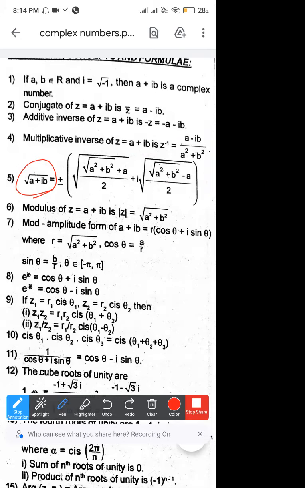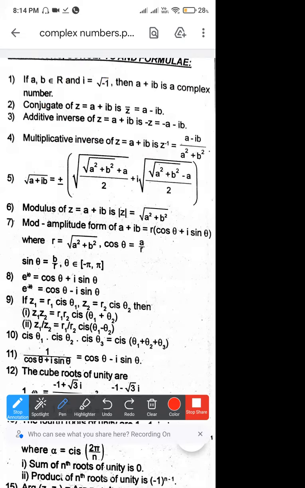Then modulus. We have learned modulus already. What is modulus? Modulus of a negative number will always be positive, right? And modulus of a positive number will also always be positive. Few quantities we can't represent in negative, like your height. Your height can't be minus 5 meter, right? You can't say my height is minus 3 centimeter. Can you say like that? No. So few quantities are always positive. To represent those quantities, we use this modulus.